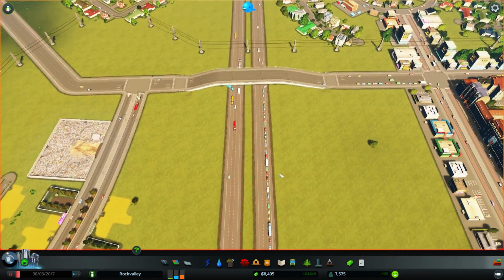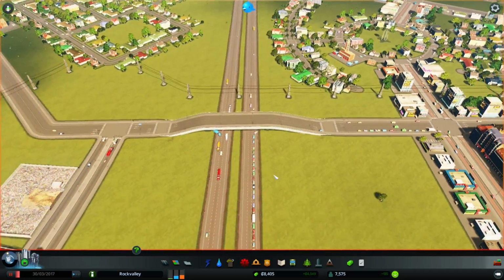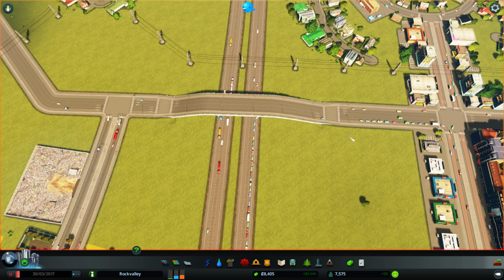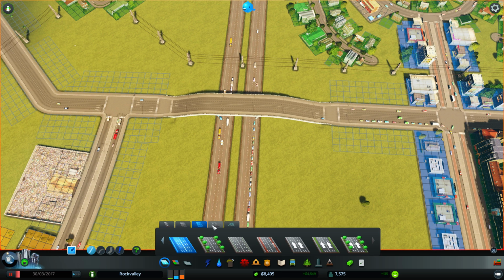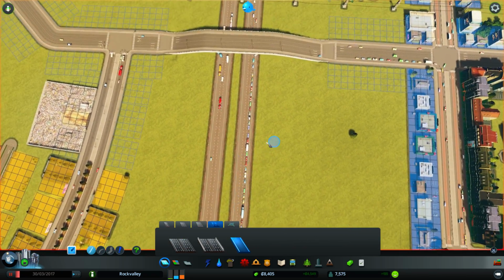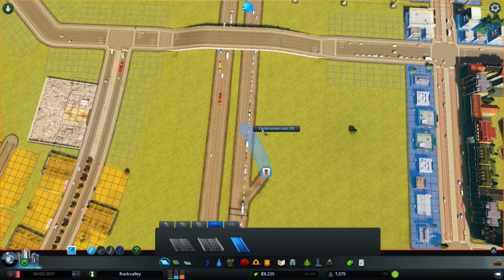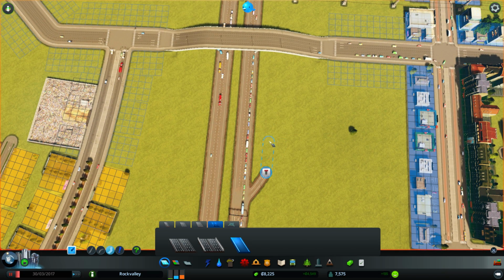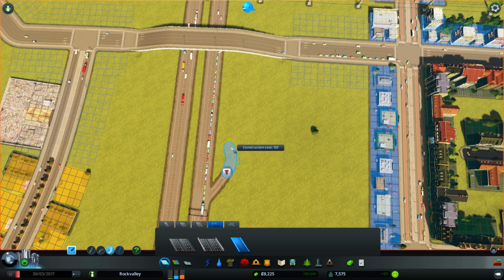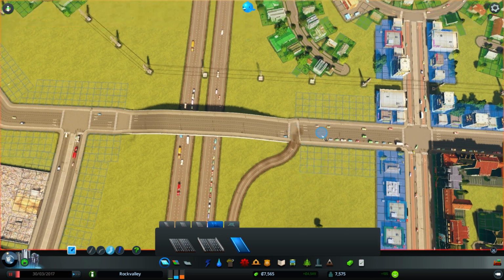Okay. Now, we can't just do this, because it'll just move a traffic jam in some other place we don't want it to be. We do need to provide ways for people to get in and out of the highway here. Now, again, this is going to be a very simple interchange, which is not very scalable. We're going to want to bring this up later on to be a little bit more robust. But for now, something like this